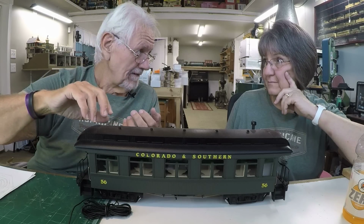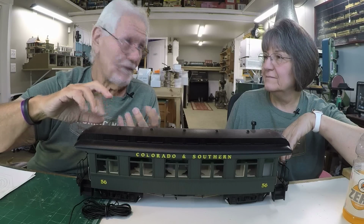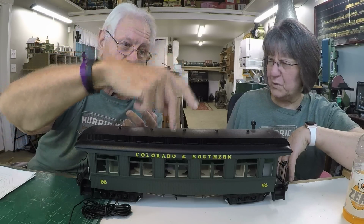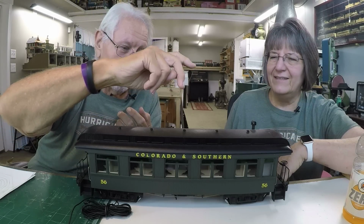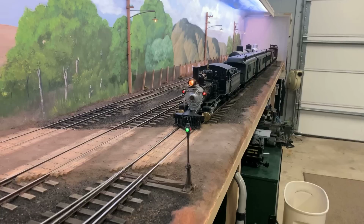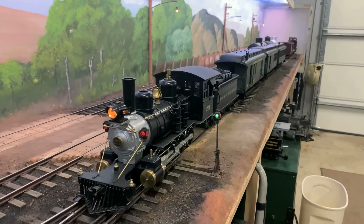7 half-inch scale locomotives. Wow. About 15 pieces of freight equipment, 1 caboose, at DNRG. Oh, yeah, and 3 of these. Well, there you go. That's a train, all in half-inch scale. So my plan right now is to fix up all my half-inch scale stuff and run the half-inch scale stuff just as half-inch scale stuff,